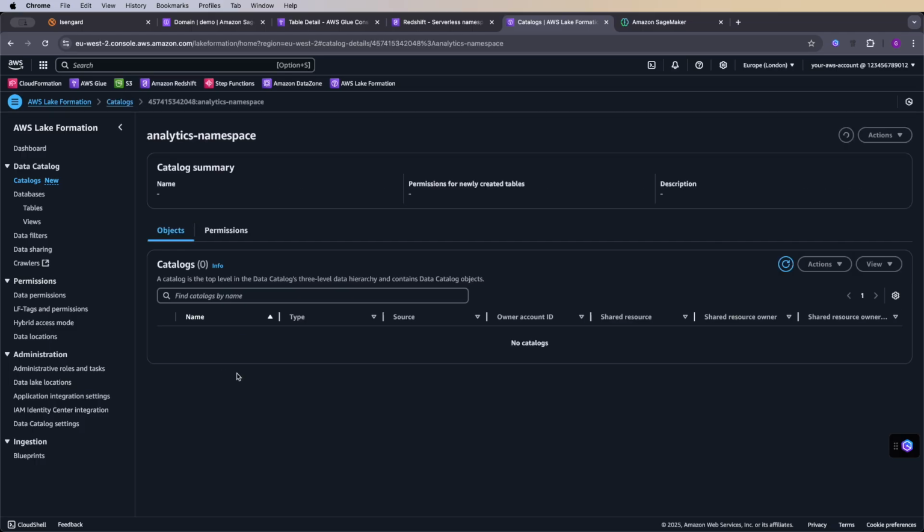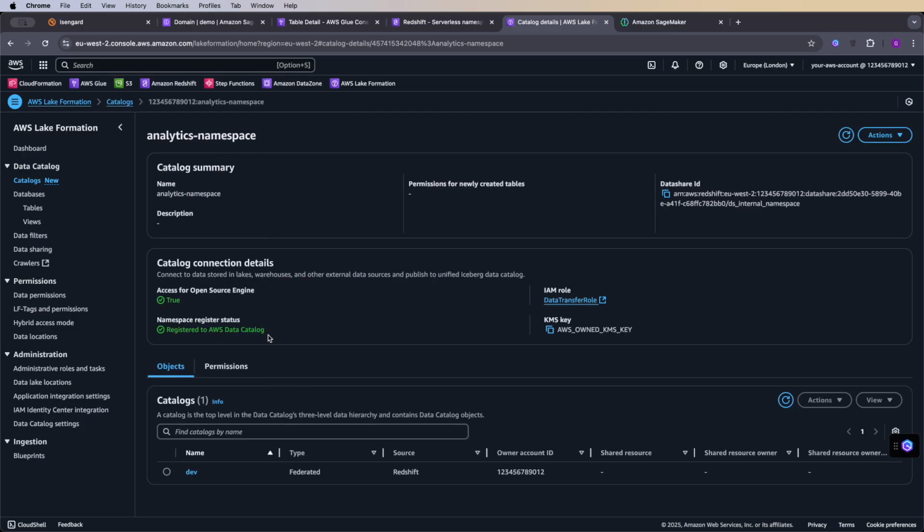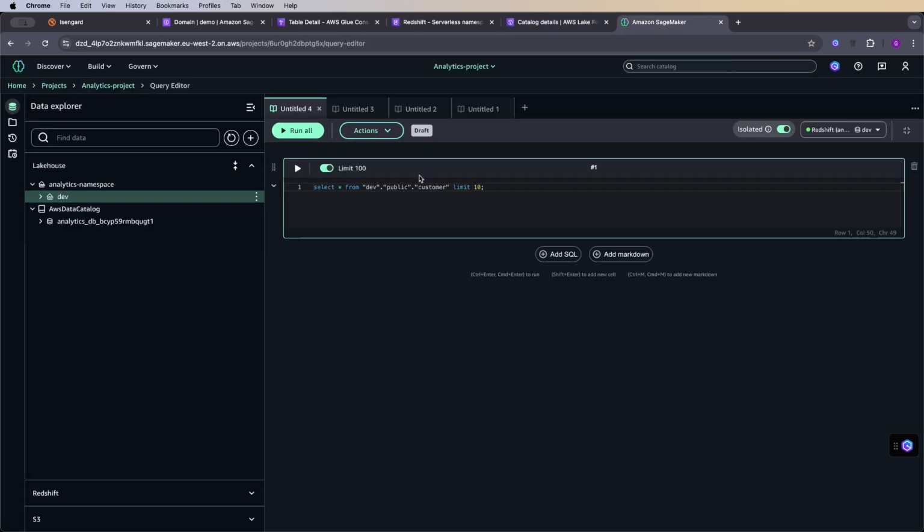The other thing you'll notice is if we go back into our analytics namespace, this is where we can now confirm that our data has been registered with the AWS Glue Data Catalog, and that we have this open source engine compatibility enabled. Now that I've granted the relevant permissions with Lake Formation to my project role, I can come back into the SageMaker Studio environment. I'll just refresh, and I can see that my analytics namespace is now registered within the Lakehouse. So my Redshift data warehouse has now had its namespace registered into the Lakehouse,